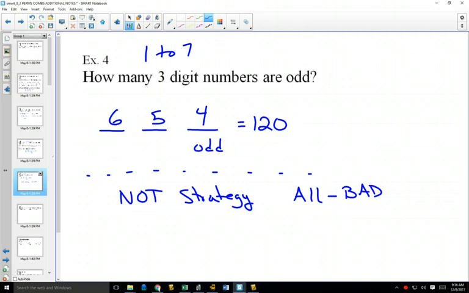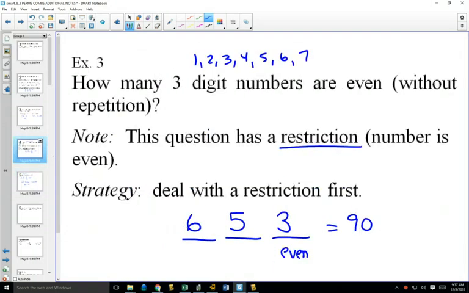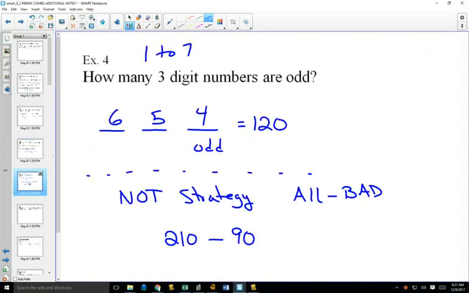So can you see in example 2, we counted them all. How many were there in total? 210. Okay? Which ones are the bad ones? If we're trying to count odd ones, which ones are bad? Even. How many even ones were there from example 3? There was 90. Example 3, we counted how many were even. We got 90 of them. And so if you took 210, which was all of them, and subtracted the even ones,